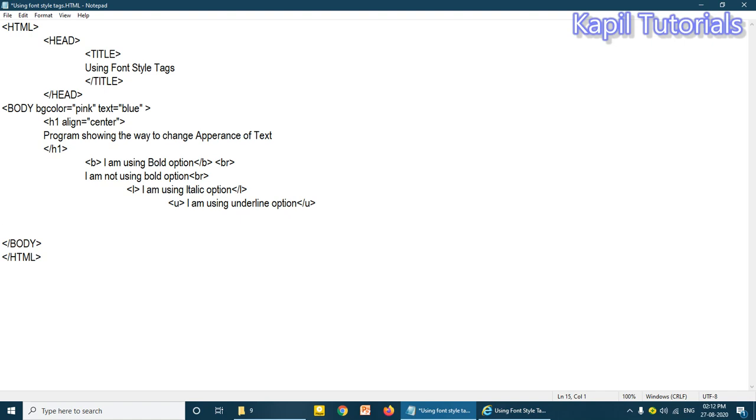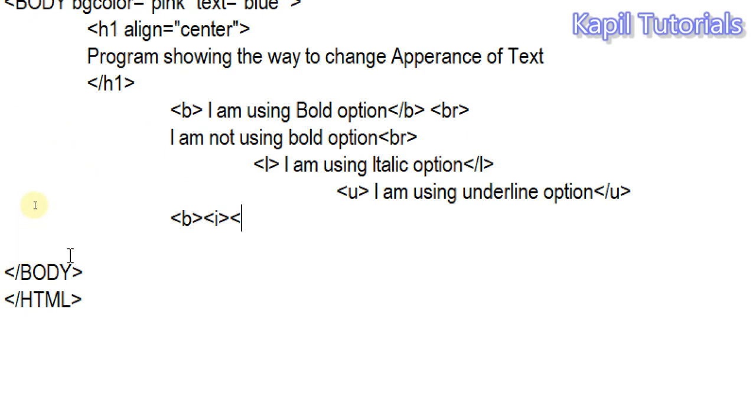Suppose here I am using, I'll just zoom it so that it becomes easier for you to see. Using all three tags or options, same thing.